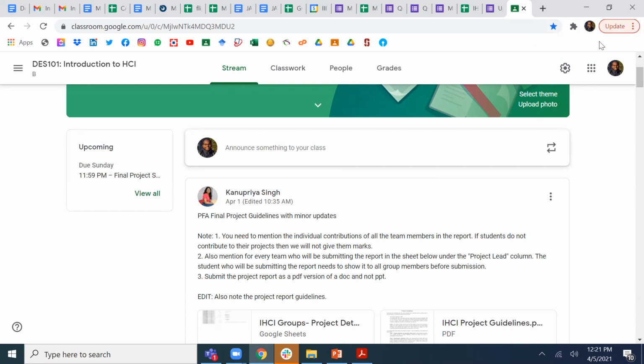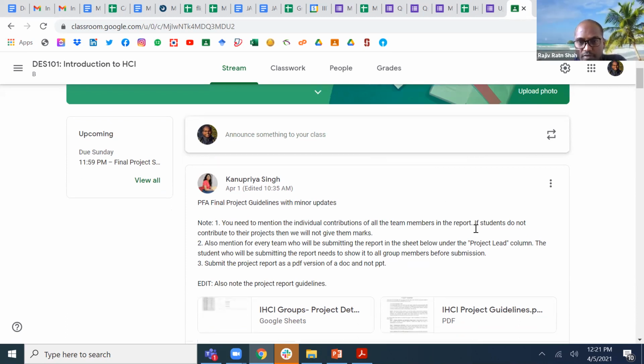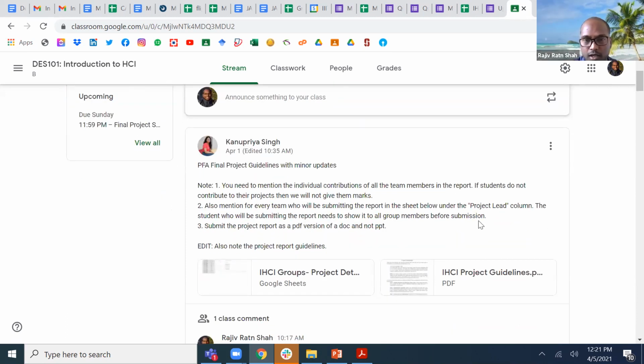Sir, can you tell us about the distribution of marks in the different parts of the project? What distribution are you referring to? We have three parts: how many marks are for the prototype, low fidelity, high fidelity, and the writing part? We discussed earlier whether it needs to be shared or not.